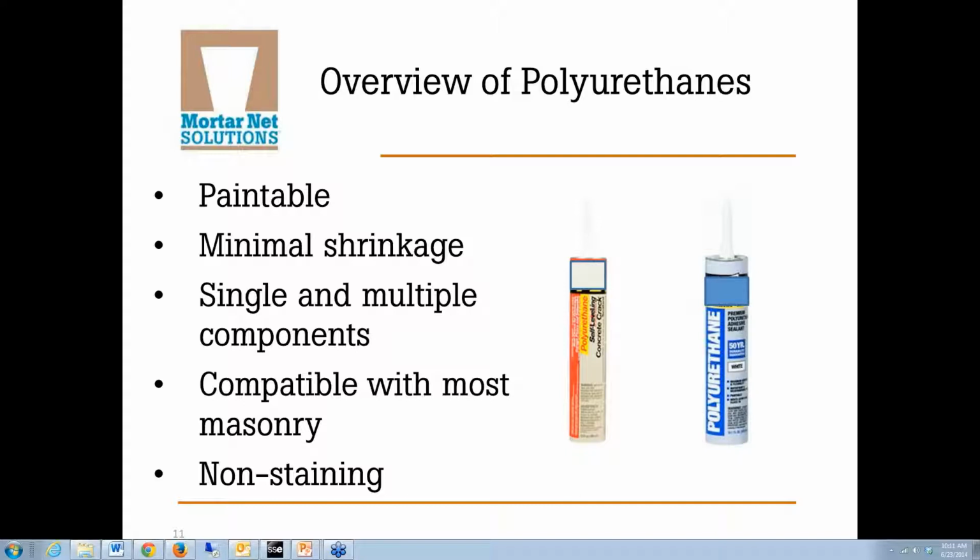and talk about polyurethanes. In addition to silicone, polyurethane has been one of the best performing sealants available. And these types of sealants are paintable once they're fully cured, but that can take as long as 7 days. And they have minimal shrinkage as they cure. They're made in single and multiple component formulas, and they're compatible with most masonry types,